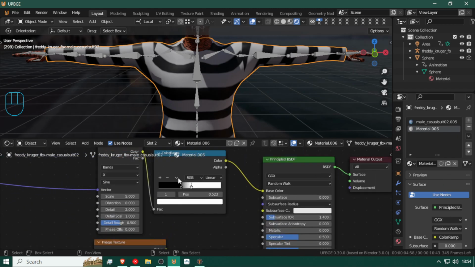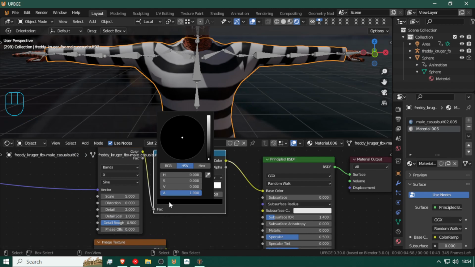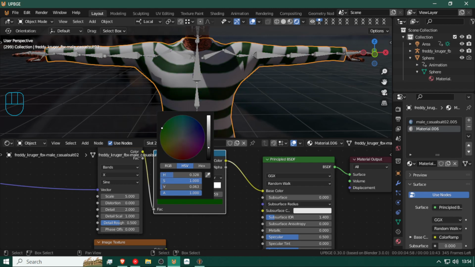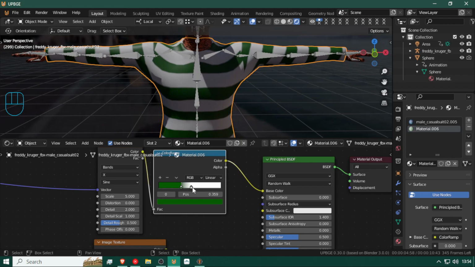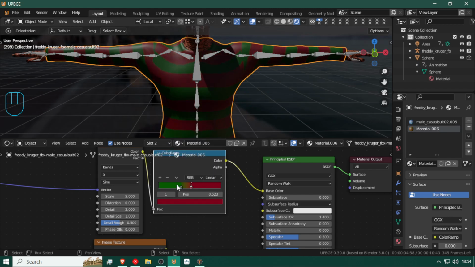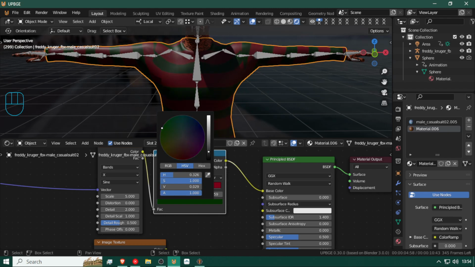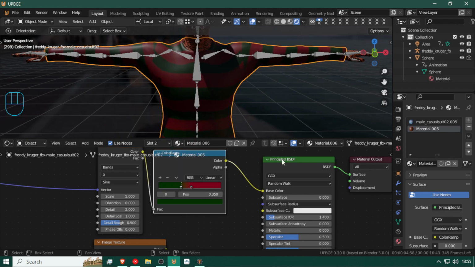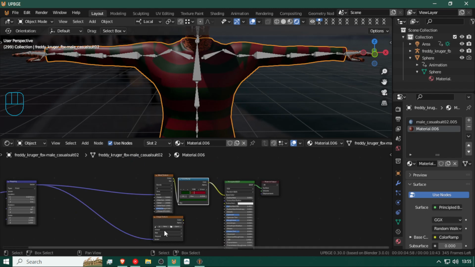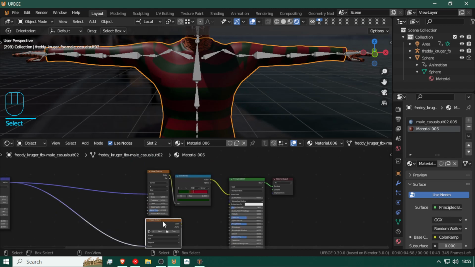Okay, so the colors. You're only gonna need 2 colors. So the black, I think, is gonna be like a greenish color, so bring it up and make it like a dark green color. Then for the white, it's gonna be red. Okay. Now we need a bump node for this. So this, I'm gonna go Shift S,